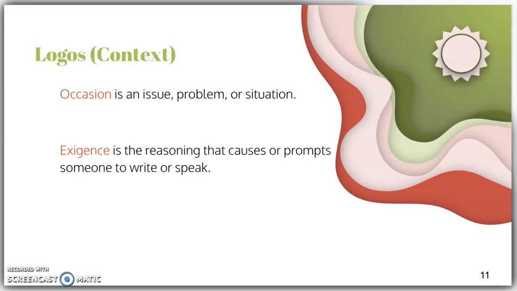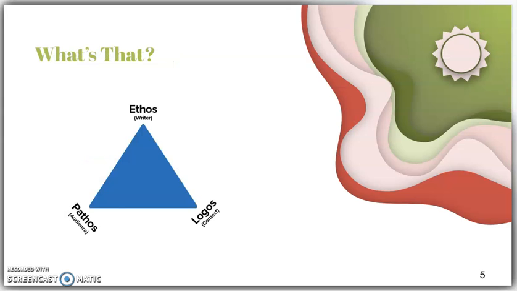So if we go back to the triangle, the important thing to remember is that a lot of times the writers aren't sitting there going, oh, how do I put ethos in my speech? They're just doing it naturally. However, it's our important job as people analyzing this to recognize that even if they aren't thinking about it in exact terms, it's still being used.